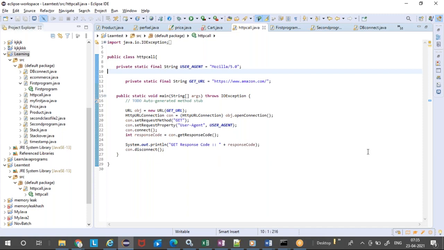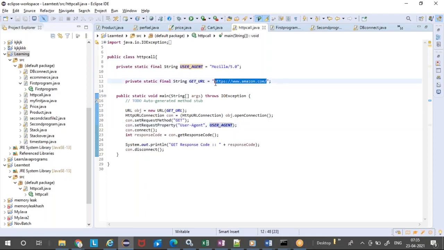Simple thing, what it is going to do is go and submit a URL, and we will give the method. For example, if you created a web service call or API call in LoadRunner or JMeter, you will give the method, get or post or put, and then you will provide the user agent. Okay, user agent could be Mozilla or Chrome or whatever it is, right? And then you will provide a URL.